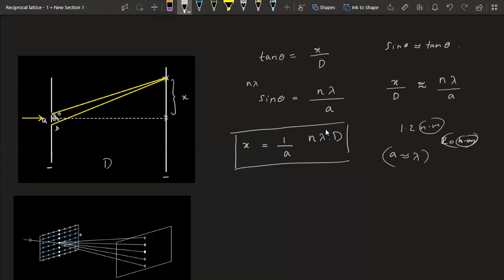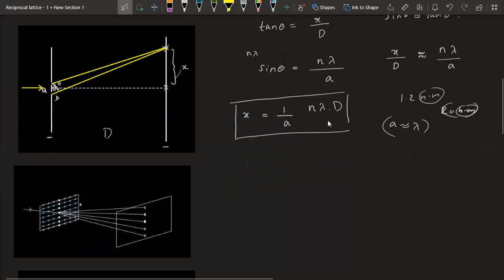Otherwise, you have to play with it. You have to throw in some light of some lambda. If you see that it is too small to measure, you can actually increase the wavelength. If you increase the wavelength, this x will increase. So the important takeaway from here is to look at the relationship between the x value, the distance between these bright spots, and the a value. As the separation between the slits decreases, this x value will go up. It will move away. If you're decreasing this a value, this will move up. And if the slit separation a is increasing somehow, this x value will come down.